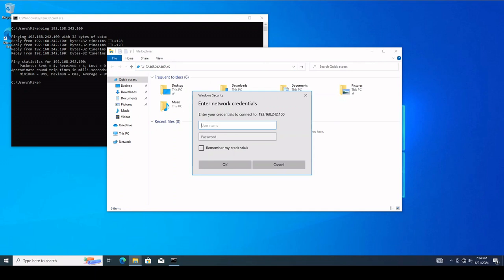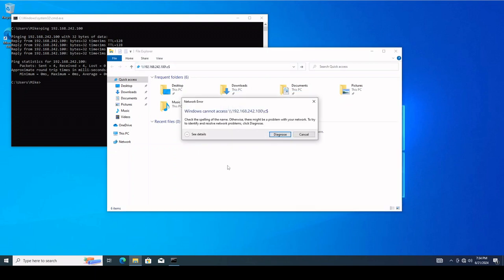See, now we're getting prompted for creds, which we didn't get prompted for before. So we know now that there's no password, but let's see if we type in Paul with no password, if we could access this. Okay, so let's give it a shot. And we cannot. We can't access it with Paul with no password, which means that the legacy configuration